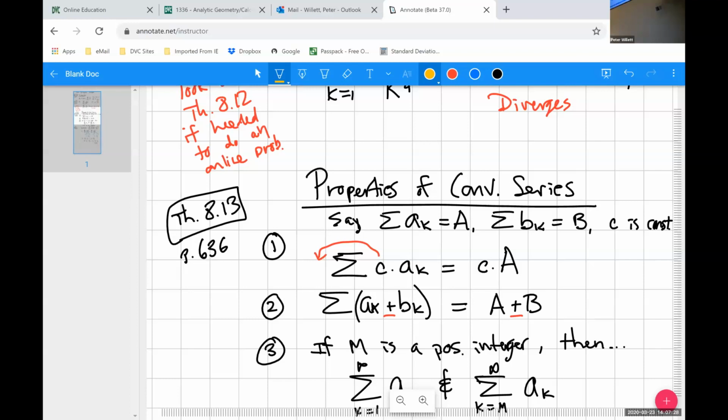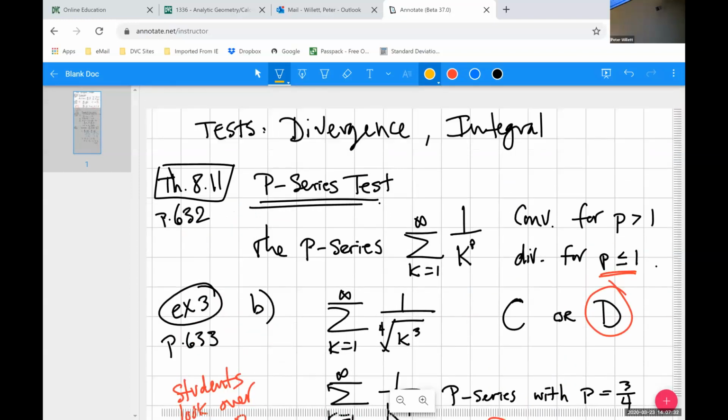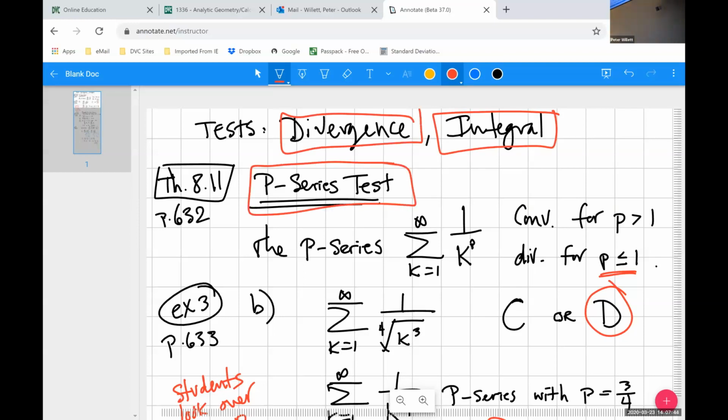Okay, so let's just review the most important things. We got an ability to manipulate, but the most important things in this section were that we had 3 tests: the integral test, the divergence test, and the P-series test. And then in 8.5, we're going to add several more tests to finish up with our collection of tools for determining whether series converge or diverge. So this brings us to the